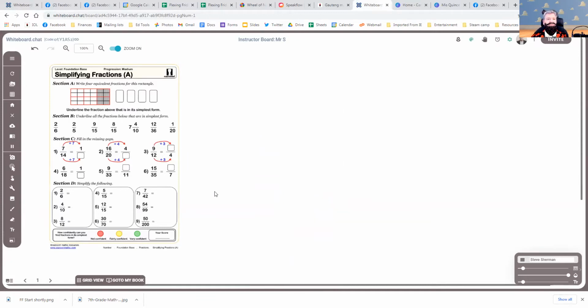All right. So the first thing I wanted to show you is what's quite cool about this: you can load a PDF or a JPEG or any picture or a worksheet on the page. And now I want the students to work on that. So the beautiful thing about this is that when you click on invite,